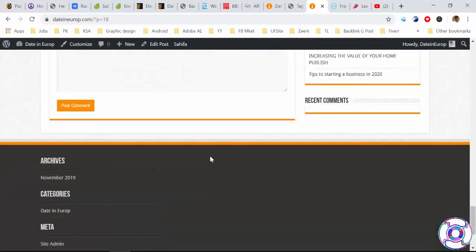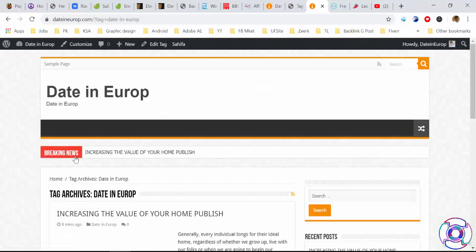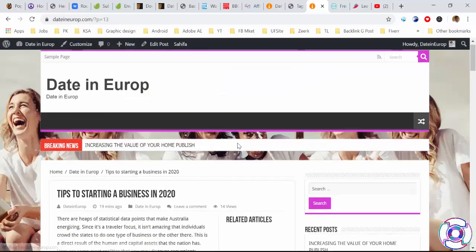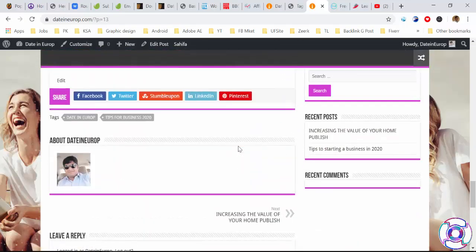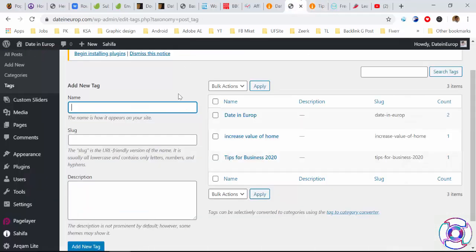You guys can see date in Europe. Tips is 2020, and we have two tags. I click that one and it shows here. This is the tag. If you want to add a tag, anything you want to add, click on add new. It will show here. I'm not going to add, so I delete it.